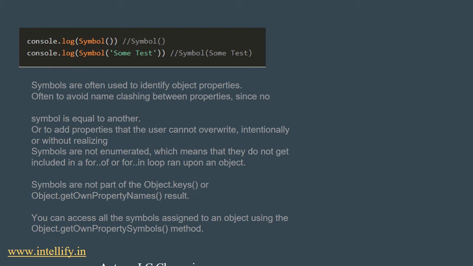First of all, to understand the symbol type, let us turn to the definition made of it in the documentation. The data type symbol is a primitive data type. The Symbol function returns a value of type symbol, has static properties that expose several members of built-in objects, has static methods that explore the global symbol registry, and resembles a built-in object class but is incomplete as a constructor because it does not support the syntax new Symbol.